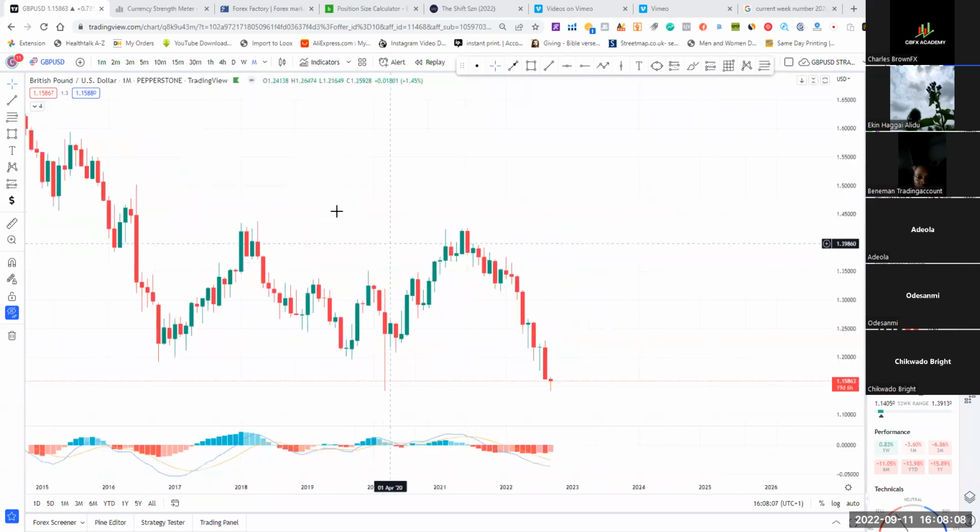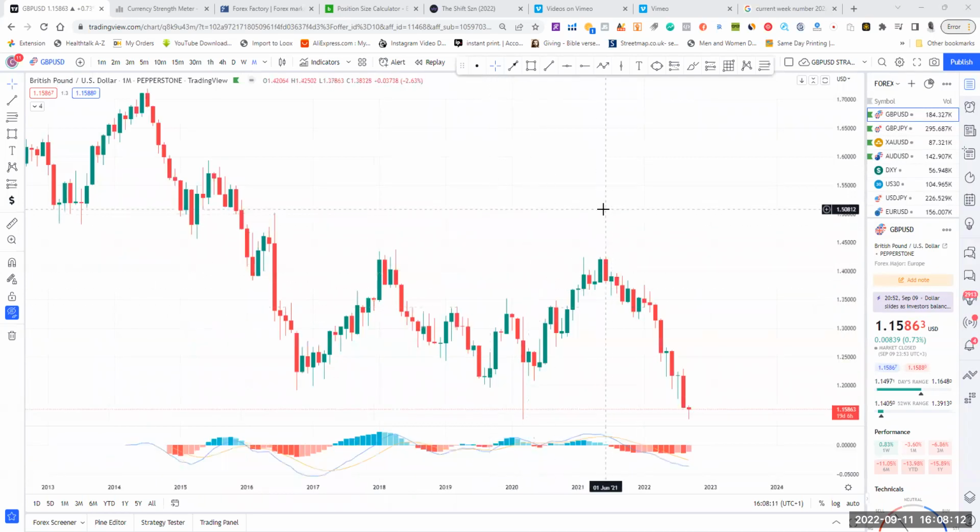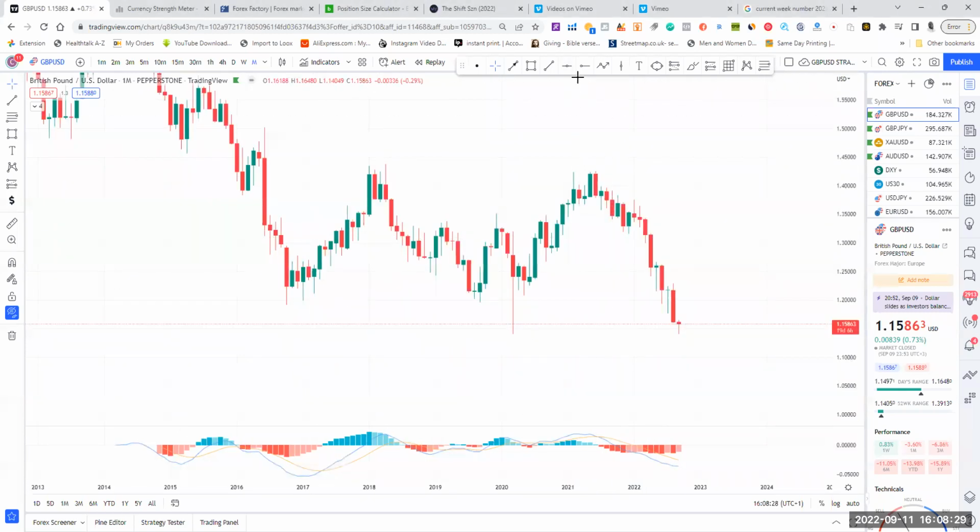A lot of times you have to go through what we call the top-down analysis to be able to understand what the market is preparing to do. Okay, that's what we're looking at. You have to go through the top-down analysis and then position yourself in the market, and then we'll be able to catch more opportunities as they